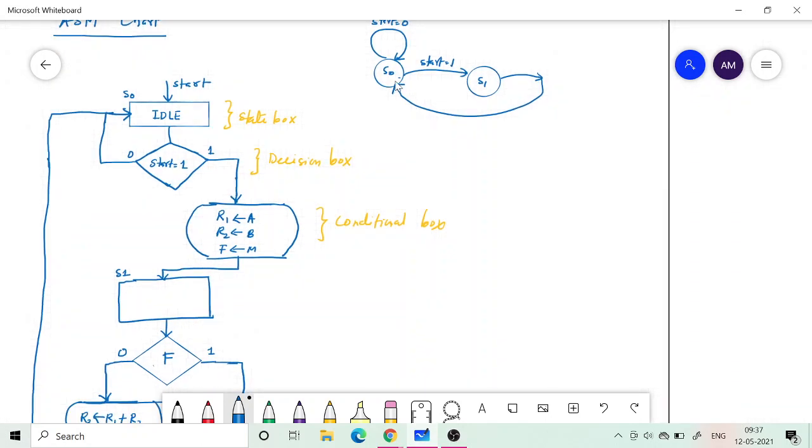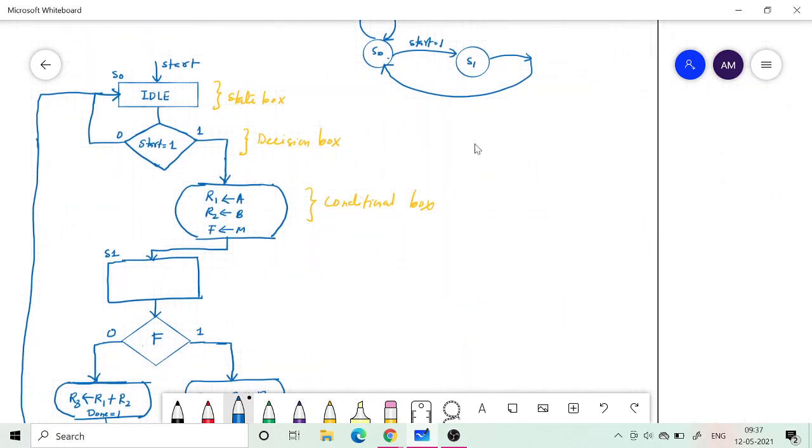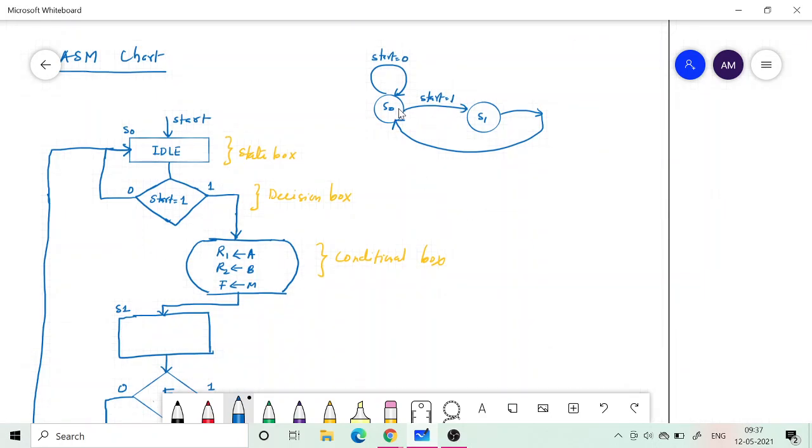The state diagram doesn't give you any information with respect to what is happening in the data path. It only shows you how the state changes.